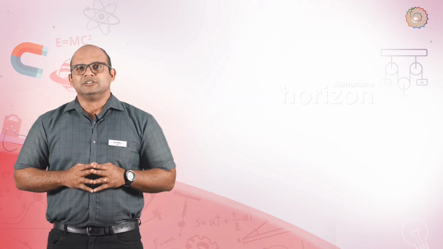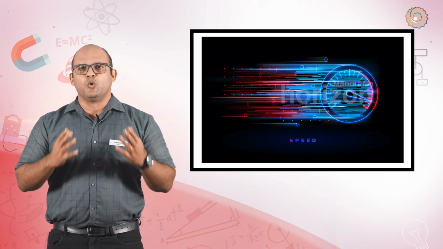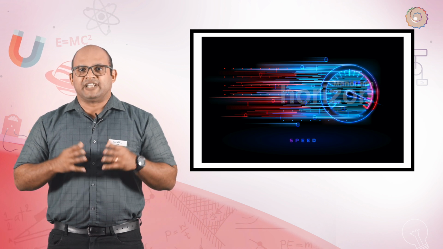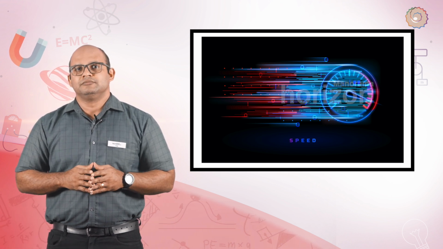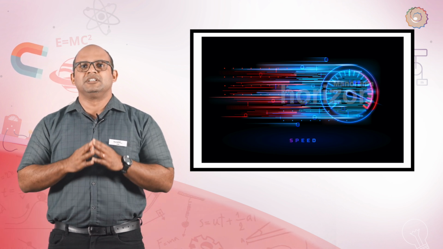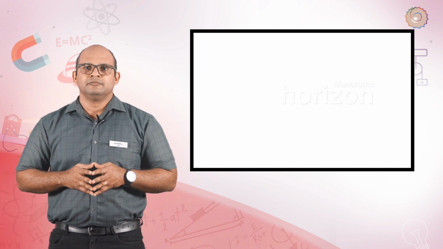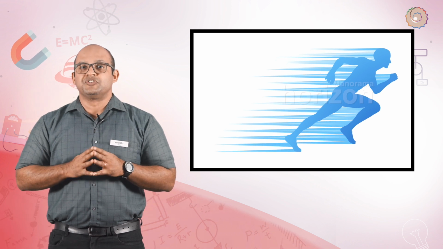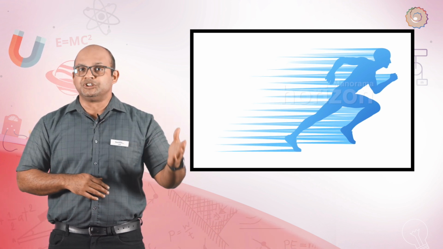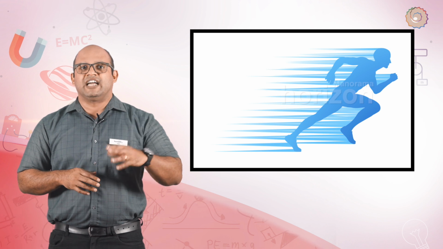Speed and velocity. Intimately related to the concepts of displacement and distance are the concepts of speed and velocity. The ratio of distance, which is the total number of steps covered irrespective of the direction, to the time taken is known as speed. Speed is a pure number ratio that gives you no information about the direction of the object's travel. The ratio of displacement, which is the separation between the initial and final points, to the time elapsed,